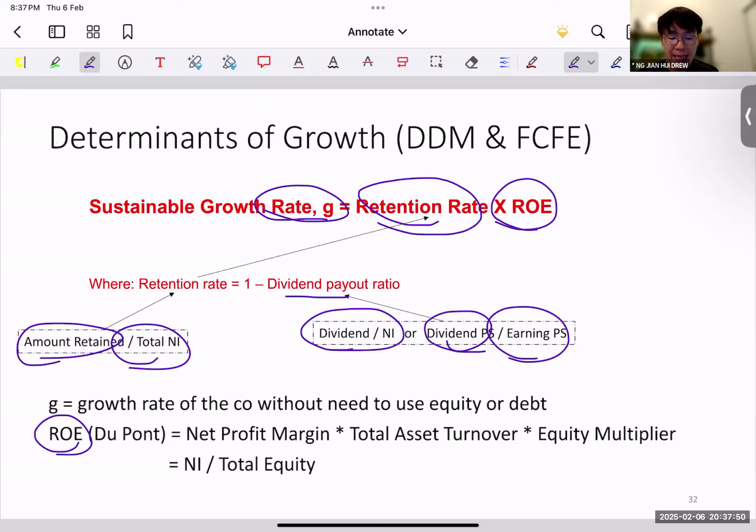Given that the first assessment you have is more like short questions, like what they posted, the focus is of course not really valuing the firm, because that is more for your GBA, where you do your market research and everything. But if it's a short answer question, these are the small things you need to be careful about. If you notice here, the determinant of growth will be for your DDM, discounted cash flow model, and your free cash flow to equity. You'll see this in just a bit.